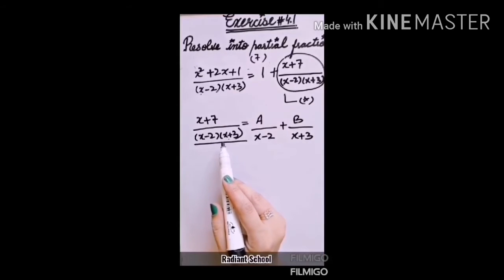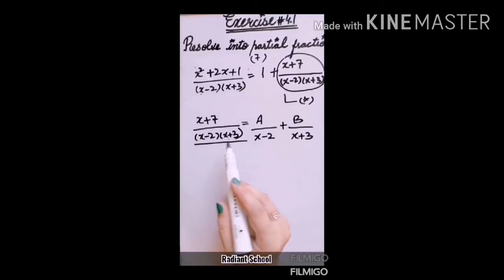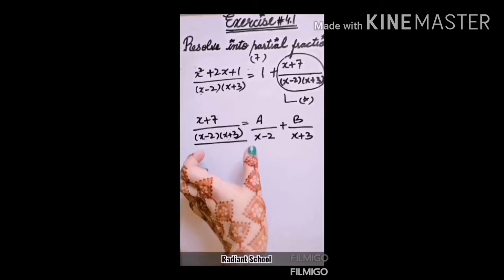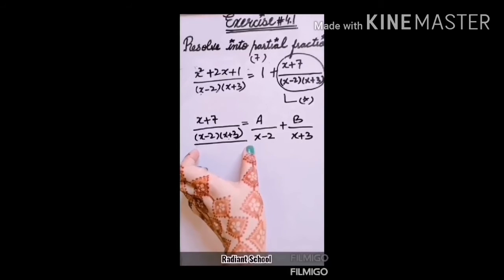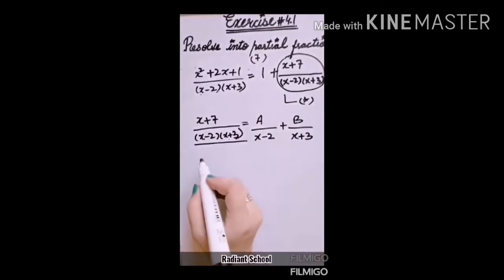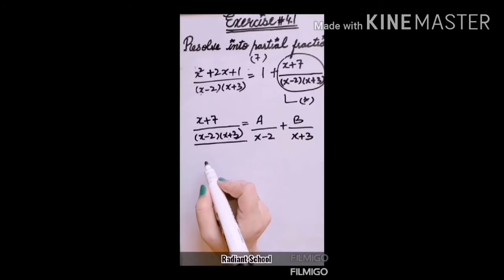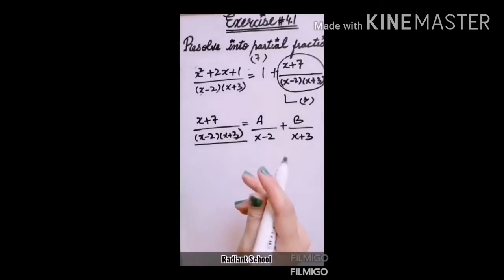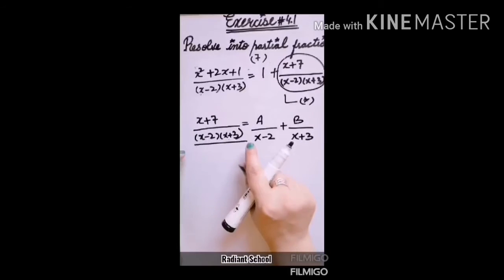I have told briefly that the expression that will be present in your left hand side's denominator, this whole expression will be your LCM. Now you have to multiply this LCM with all the terms. So students, one more thing I want to tell, because already the question is too lengthy and in the next exercises the questions will be too lengthy. So remember the step that you have to multiply the LCM with all the terms.